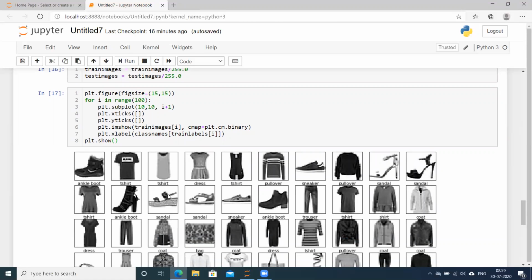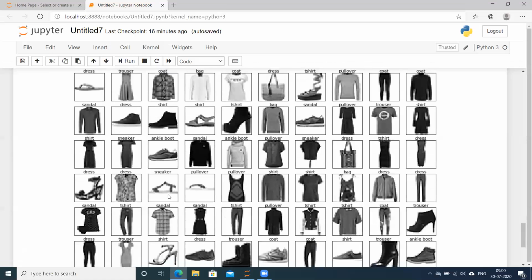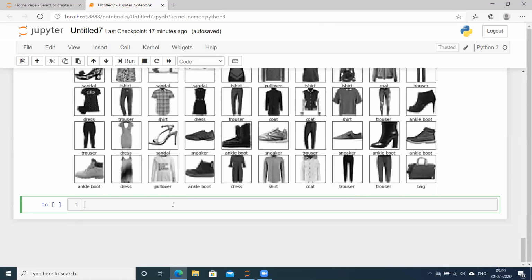Okay, so let's build the model and see how good a result we can generate using this model. The model which we are going to build here will have only one hidden layer. So let's create the model by writing keras.Sequential, because it's a sequential model, and our first layer is a Flatten layer.